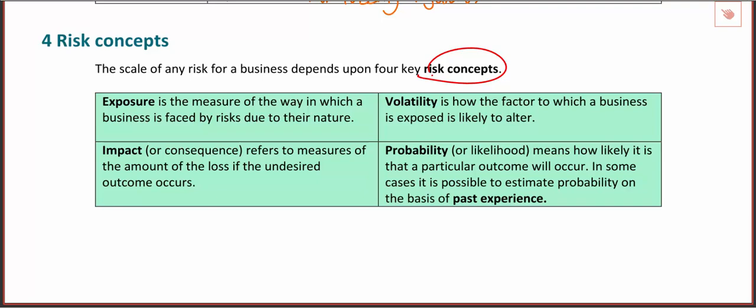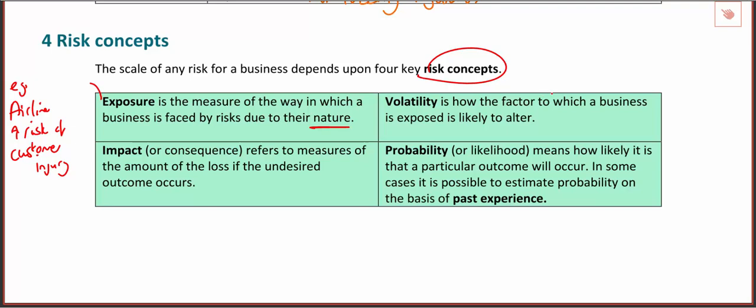So let's have a think about these. So exposure is just considering, well, how does the nature of my business affect how much I'm affected by this risk? So for example, you'd find that an airline may have an increased risk of passengers or their customers being injured than, say, a general office worker. So an increased risk of customer injury. So they'd need to consider that way more than, for example, a firm of accountants.